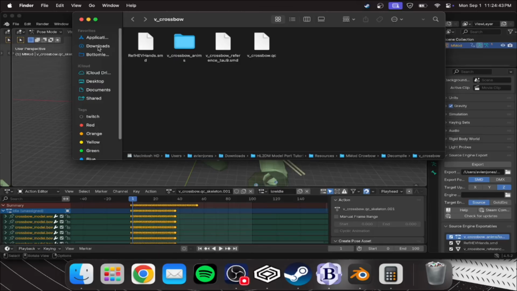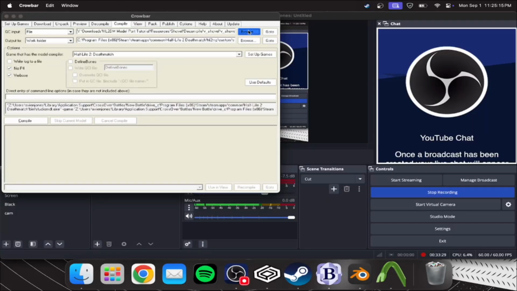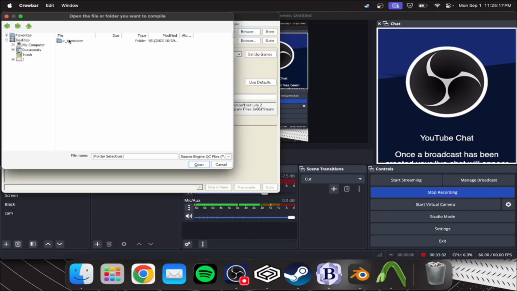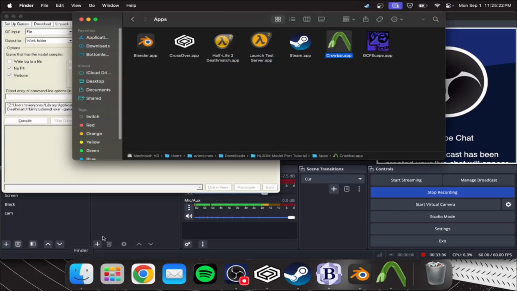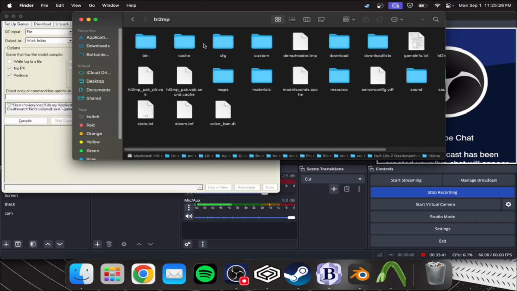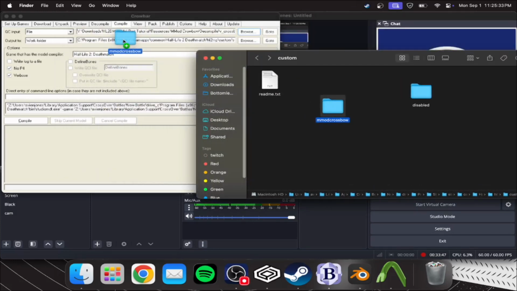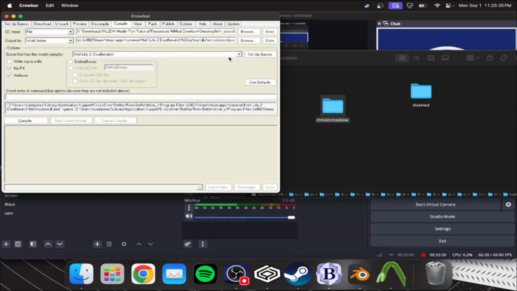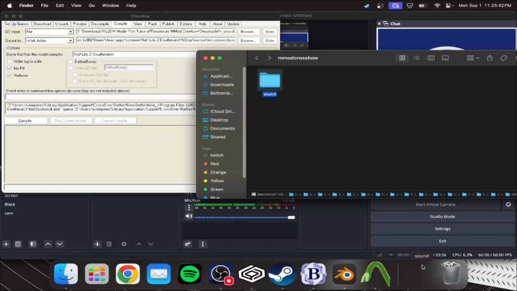So now what you gotta do is open up Crowbar. Alright, select the mmod QC and then go to the custom folder you made right here, and set that as the bottom one, like that. And then I can just delete everything in here, and it should